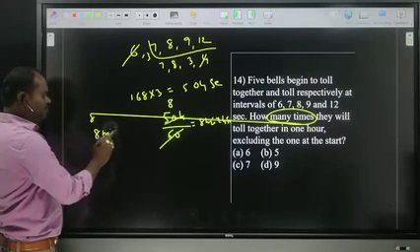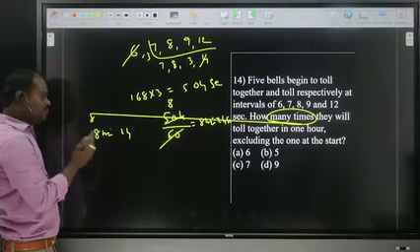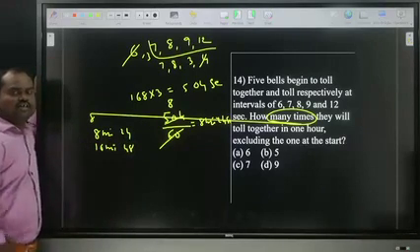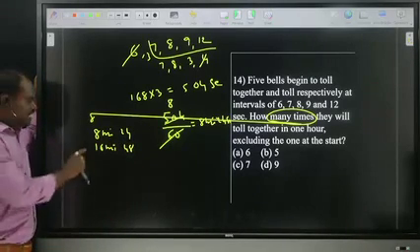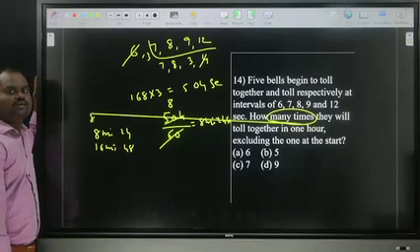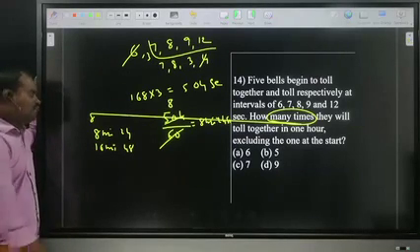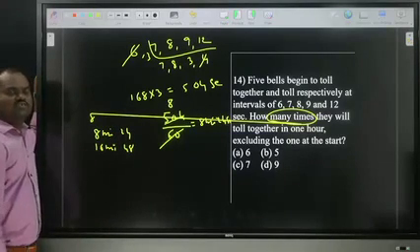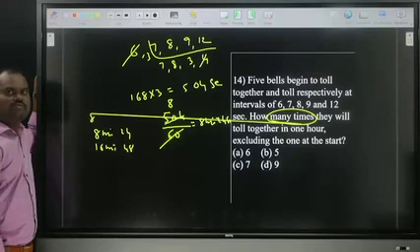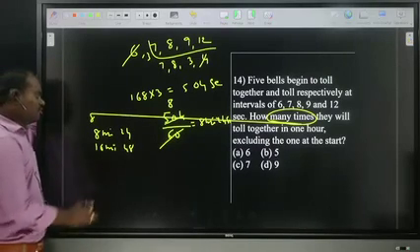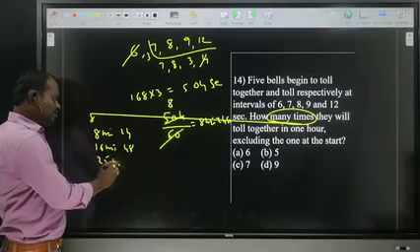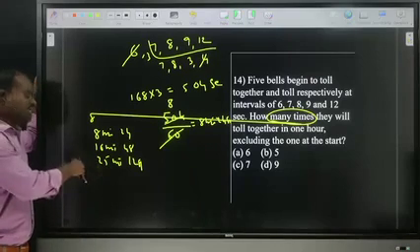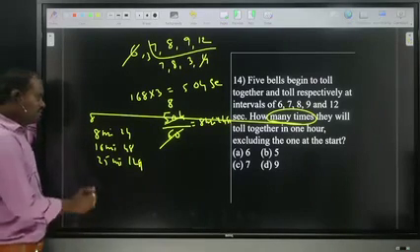First is 8 minutes 24 seconds. Again, next one, 8 plus 8, 16 minutes 48 seconds. Again, by adding 8 minutes 24 seconds, 16 plus 8, 24; for this adding, 1 minute crosses. So 16 plus 9, 25 minutes 12 seconds. Again if you continue, next one, 25 plus 8, 33 minutes